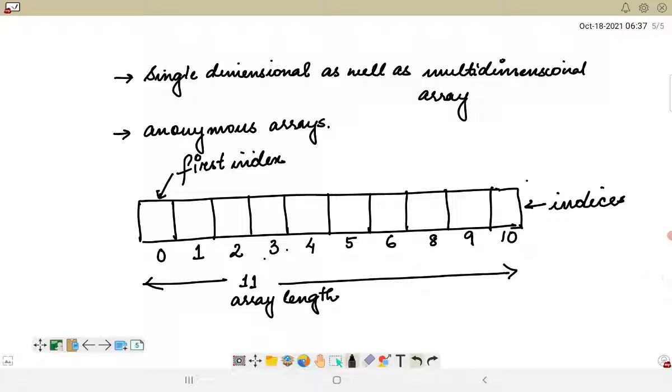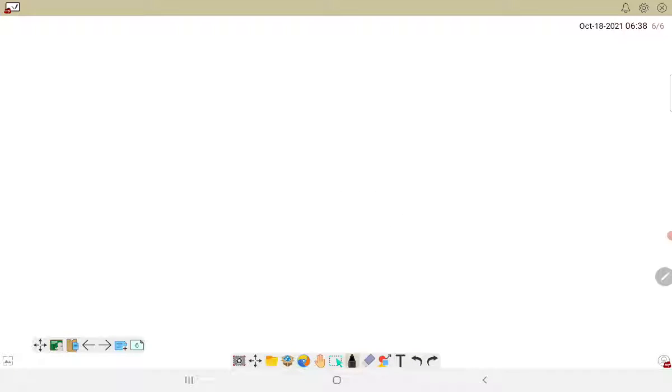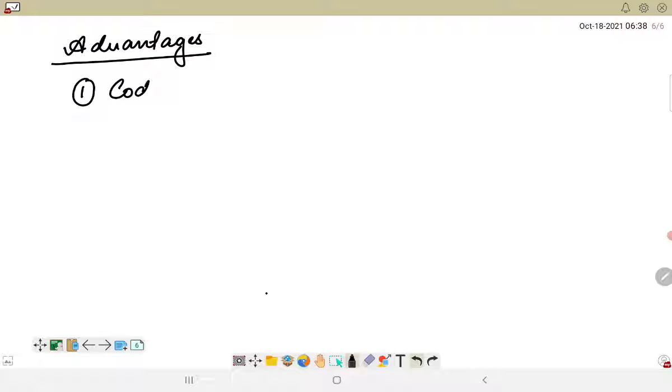If we are talking about the advantages of the array, the first advantage is that it helps in code optimization.